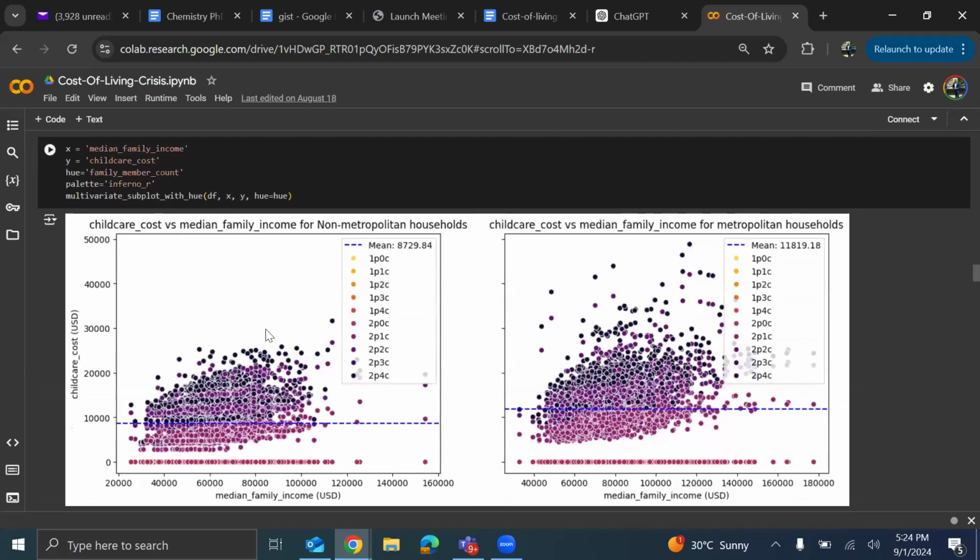That's basically what this is. And you can also see that if you are in a metropolitan household, you tend to pay higher tax than people in non-metropolitan households. So having done all of these,